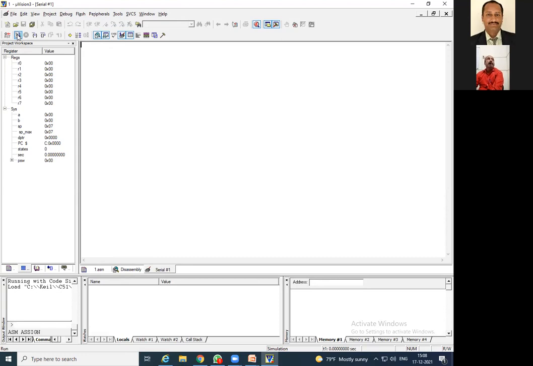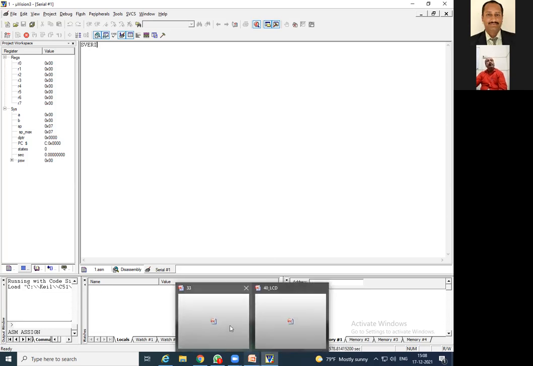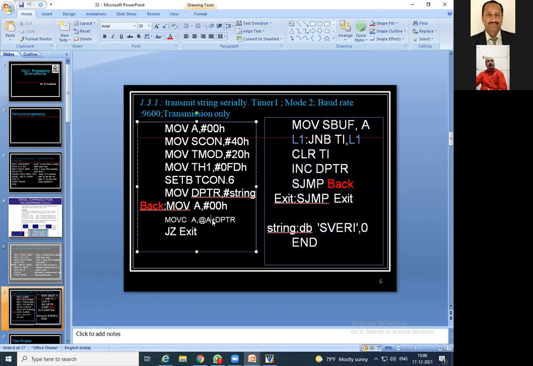then run the program. But before that, the serial window is here. When I click on run, it is just sending this particular group of characters, that is the string, only once, because we have not given an infinite loop in the code. So you can observe here the output has come, that is sveri. Character by character it is sent serially. Got it? So this is how serial communication takes place.